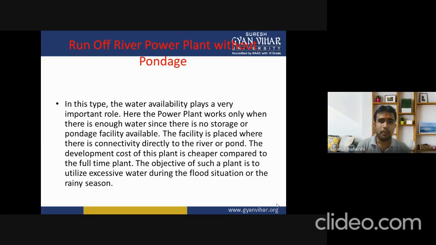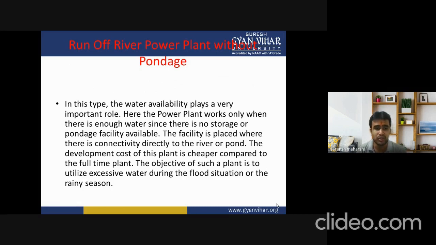कि जहाँ पर हमारा पावर प्लांट जो होगा, उसके अंदर हमारी पॉन्डेज फैसिलिटी अवेलेबल नहीं होगी। यहाँ पर हमको किसी स्टोरेज के लिए या टेल रेस की रिक्वायरमेंट नहीं पड़ेगी। और इस फैसिलिटी की जरूरत हमको वहाँ पर पड़ती है कि जहाँ पर हमारा कोई भी फ्लूट, कोई भी बांध, कोई भी डैम, कोई भी रिजर्वायर, एंड कोई भी हमारा जो हाइड्रो इलेक्ट्रिक पावर प्लांट होता है, वो डायरेक्टली किसी रिवर, नदी या पॉइंट के थ्रू कनेक्टेड रहता है डायरेक्टली।